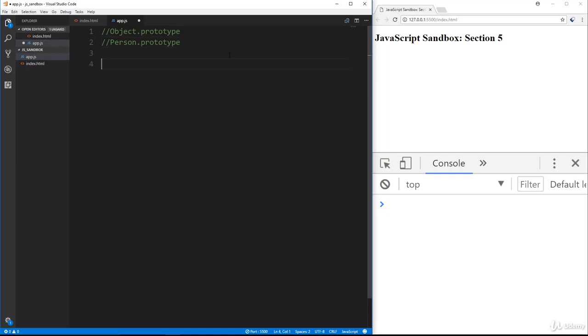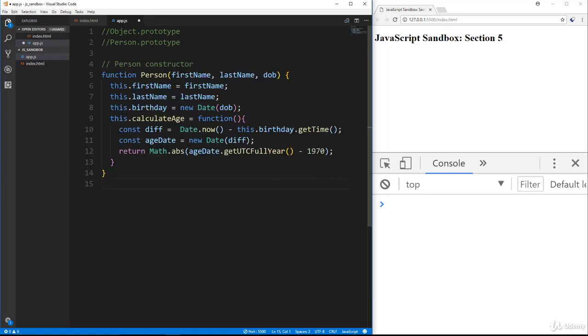All right, so what I want to do is I want to put back the person constructor that we had from, I think it was 5.2. So let's go ahead and paste that in. I don't want to retype it because we've already done this. The one difference here is that we have a first name and a last name instead of just name. Okay, so make sure that you set this.firstName and then this.lastName. We also have the birthday, which takes in a string that we run through the date constructor. And then we have the calculateAge, which is a function that's attached to the person